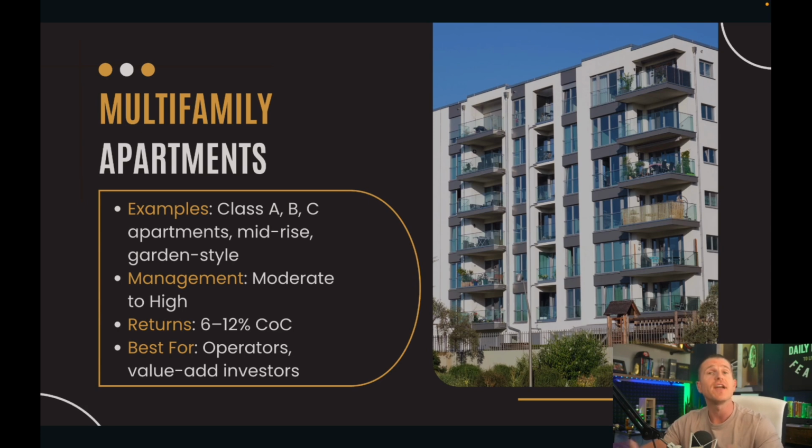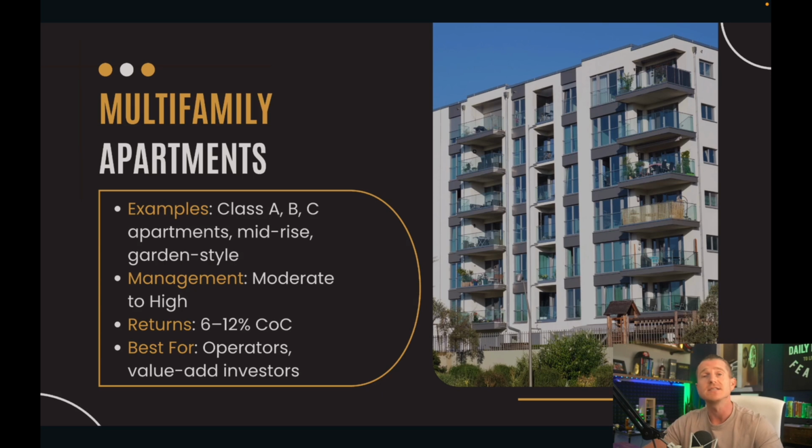Now, this varies, and we go into a lot more detail between what a Class A, Class B, Class C apartment means and what that entails. And you also have mid-rise apartments. You've got garden-style apartments. There's a lot of subcategories underneath multifamily. But for people who have single-family backgrounds or investment portfolios, and maybe you're in duplexes or triplexes or fourplexes, but you're looking to scale and get more bang for your buck, that's where people naturally transition into multifamily.